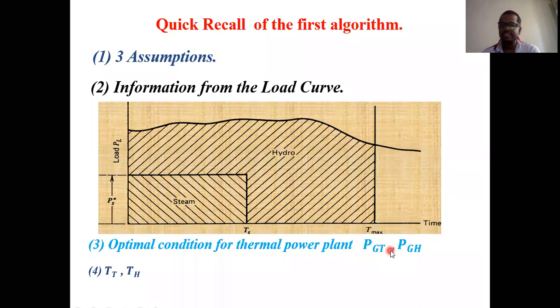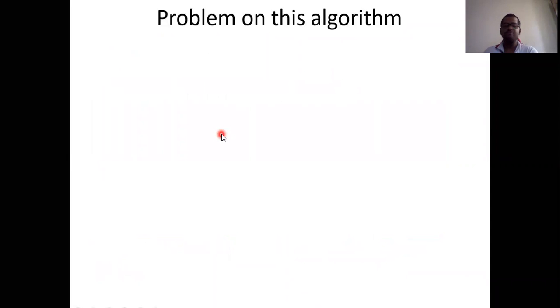So already we have done the same derivation. Already we have found the formula for PGT. Once you know the PGT value, easily we can find out the PGH value from the load demand. Once you know these two, we have seen how to find out TT and at the same time TH also. We saw that in the last class. Now based upon this, let's try to solve a simple problem. And this is a very, very important problem. For the sake of your university examination, this algorithm is not so important. But why I am covering this topic is that sometimes it is asked in previous PSU examinations. So that's why I'm covering this topic. Now let's try to understand how to solve this problem.